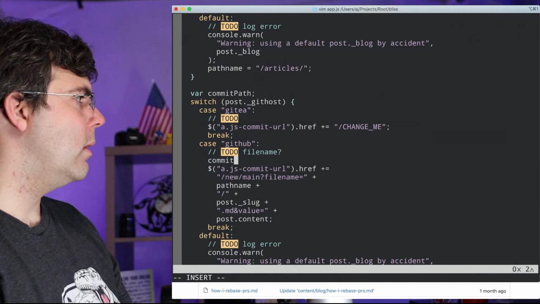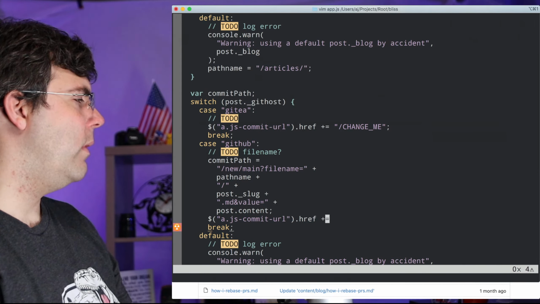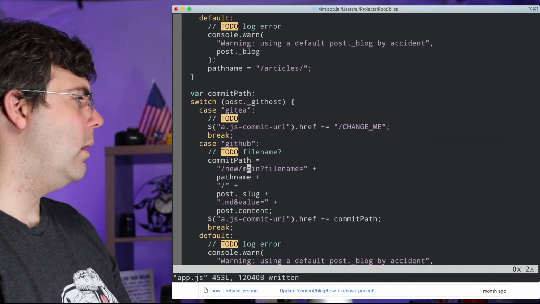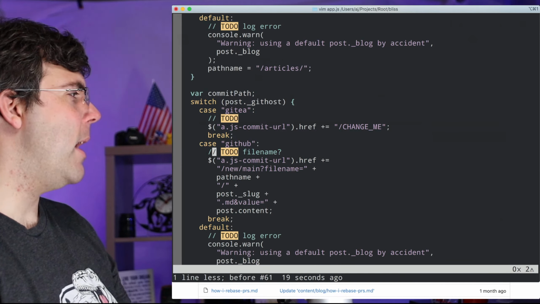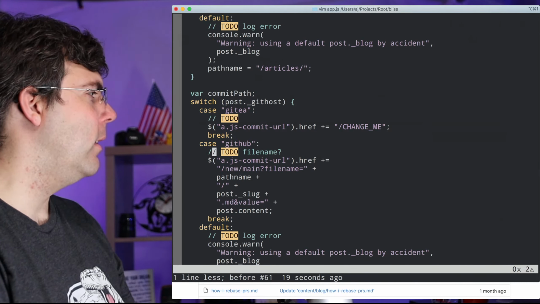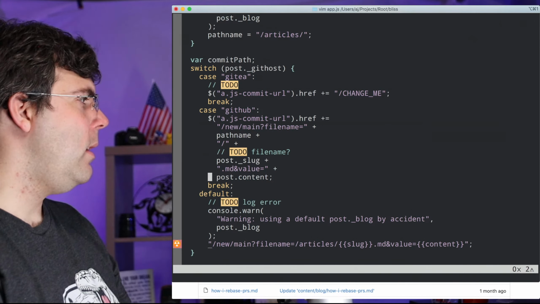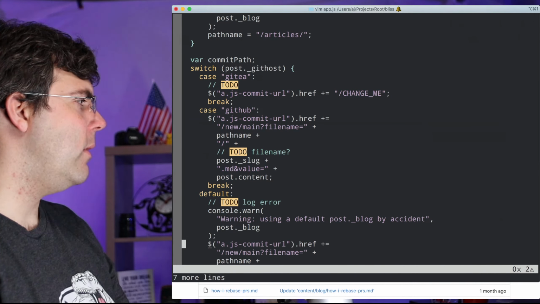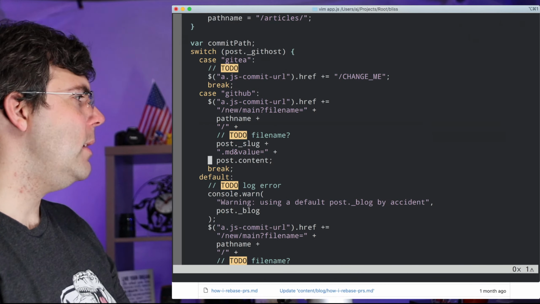So let's just call this commit path equals. I don't know if that actually helps at all. No, it looks just as ugly pretty much. I'll go back because that didn't do me any favors. Okay. And then this is going to be the same thing right here. I'm going to put that down in the default section. And then it's going to be similar here,